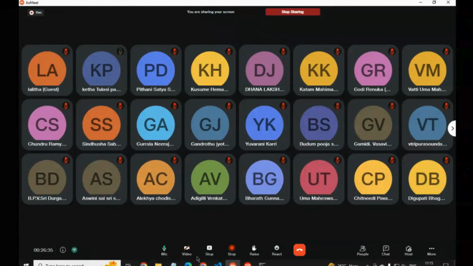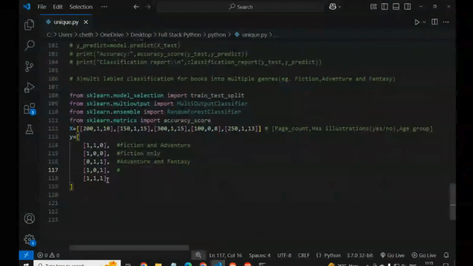Yes, sir. Fiction. What do we write here? Fiction and one. This one means adventure is not there, this one means fantasy. Fiction and fantasy are there, and in the last one there is fiction also, adventure, and fantasy also.